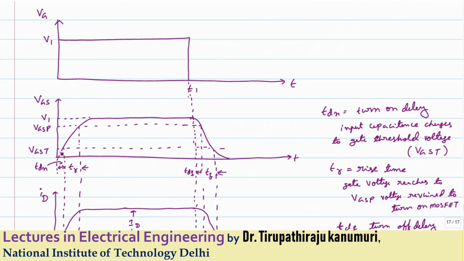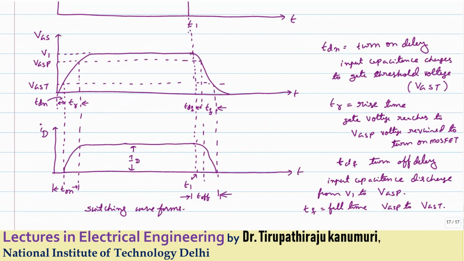As it goes on charging, a point will be reached where the threshold value of the voltage is reached, above which the current will start passing. That means once it goes to the value of VGST, the gate threshold value, the current will start increasing, and as the voltage is increased, the current goes on increasing up to a certain value of the gate voltage. Above this, the current will get saturated and remain constant. If your supply voltage is greater than this, that means the gate voltage is more than this, your capacitor will charge to full voltage.